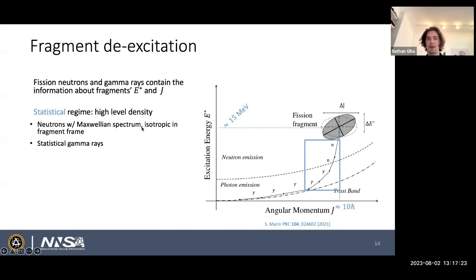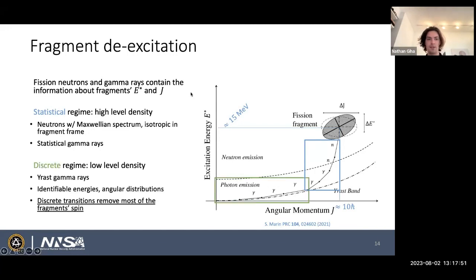They have a Maxwellian spectrum, and they're pretty much isotropic in the fragment frame. Statistical gamma rays are not quite like that, but they do have somewhat random energies because the nuclear level density is still pretty high. And they are not quite as angularly correlated with the angular momenta of the fragments. So they're not quite isotropic, but